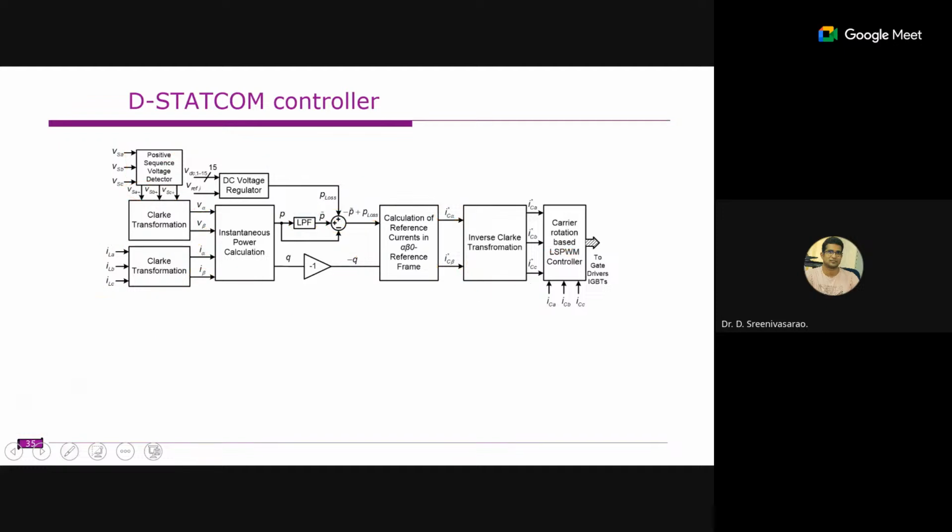If at all you are using some multi-level inverter, where the change will come is that this will change and also this will change. These two things will change. The rest of the things will remain the same. So, the loss component and the PWM technique will be different. The remaining things will all be the same.